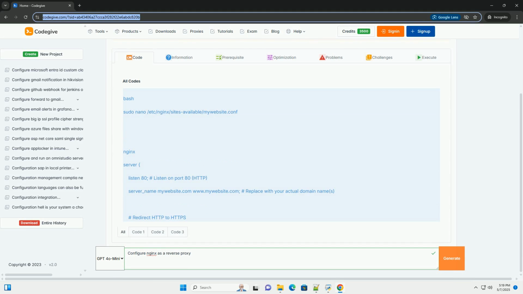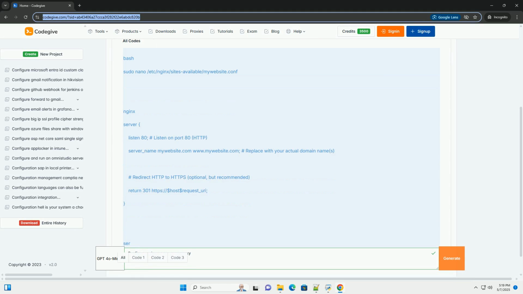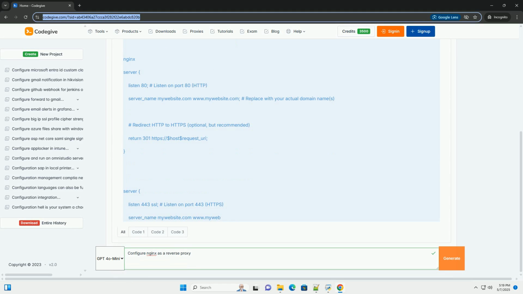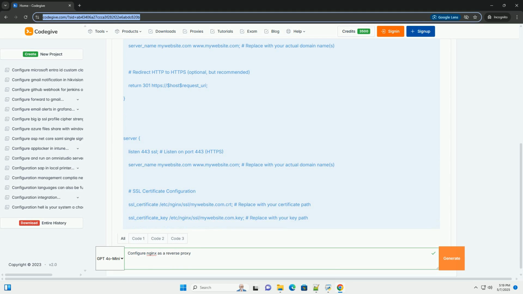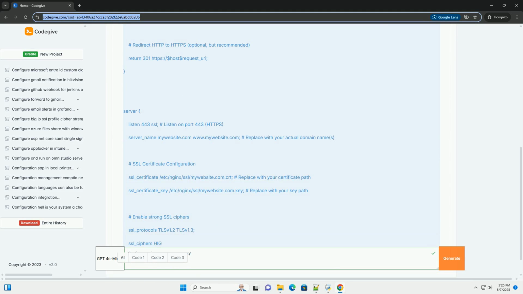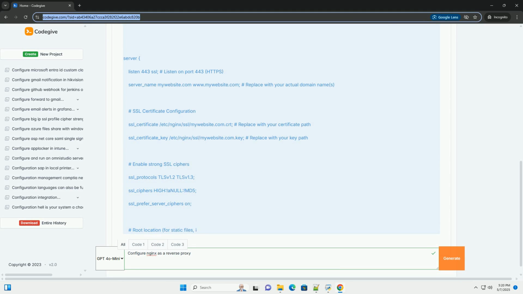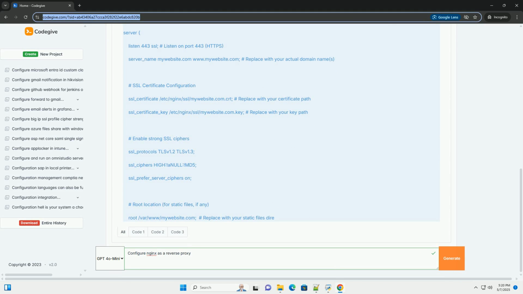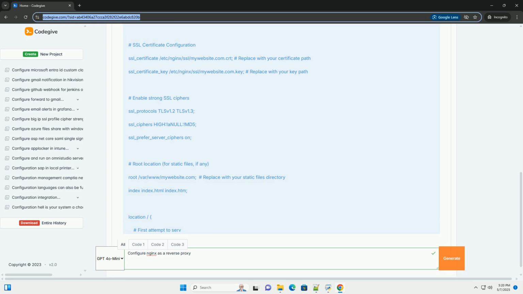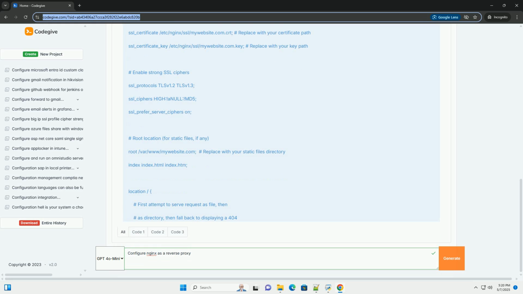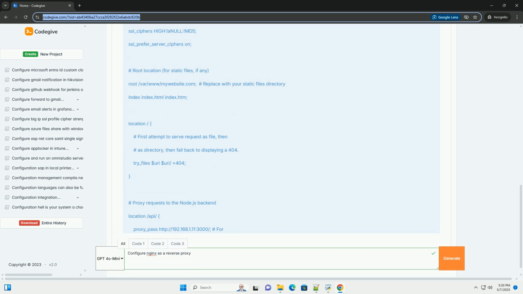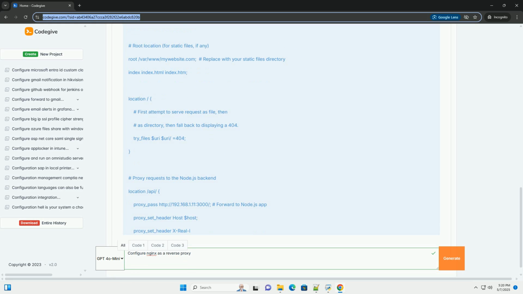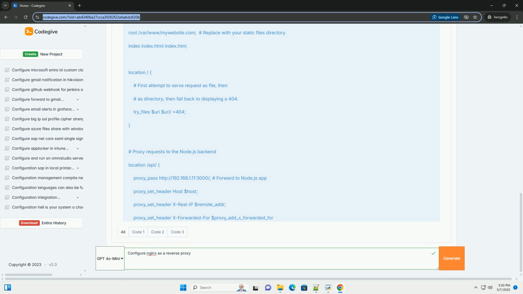Configuring nginx as a reverse proxy, a comprehensive tutorial. Nginx is a powerful open-source web server that can also be used as a reverse proxy, load balancer, HTTP cache, and more. When acting as a reverse proxy, nginx sits in front of one or more backend servers, intercepting client requests and forwarding them to those servers. The backend servers then process the requests and send responses back to nginx, which then relays them back to the